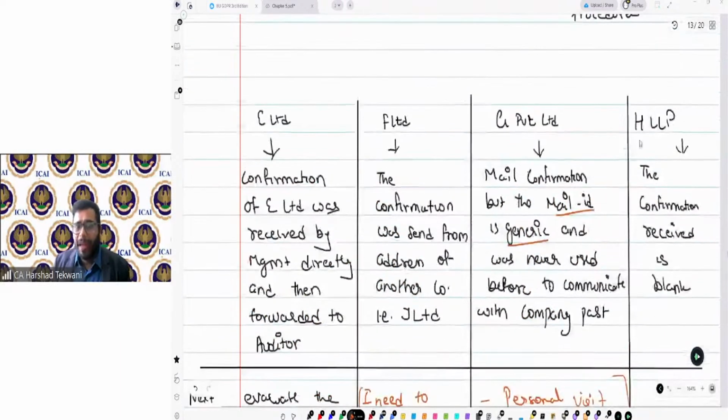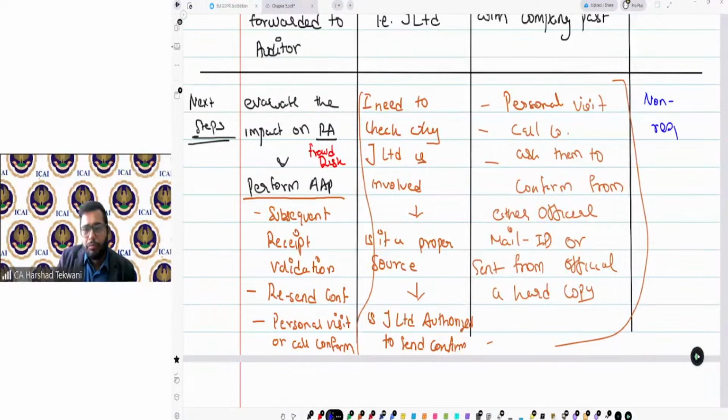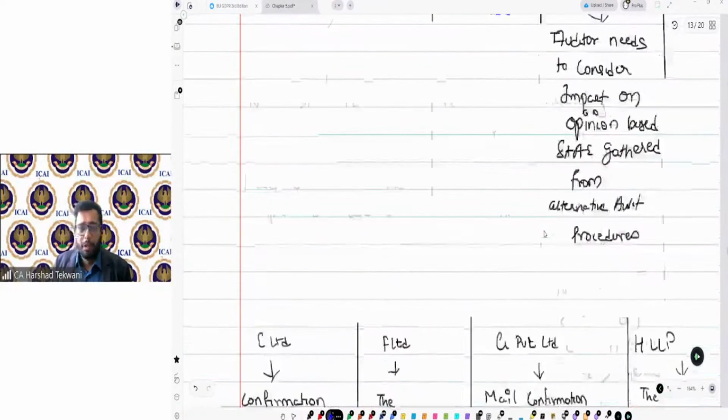And the last one, H LLP, is a classic case of non-response. In this case, it is simple. If I have not received a response, or a blank response, which is equivalent to a non-response, then I need to see what alternate audit procedures I can perform to get the comfort.